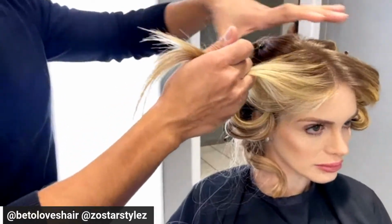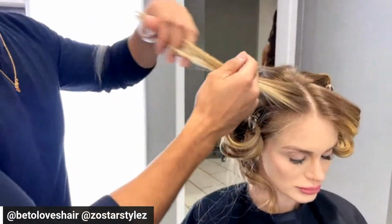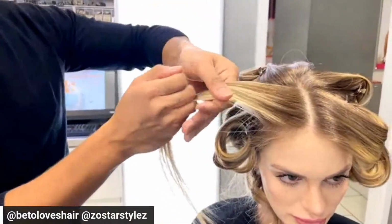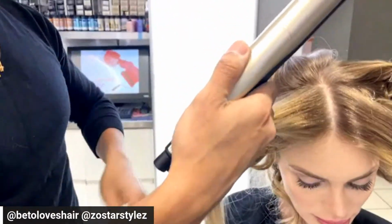That way you will avoid having a lot of fullness in the back, but then nothing in the front. You want to make sure that all of those layers that you created are going to be able to bounce and have a lot of volume in the front. Now that is the section with the bottom, but when I go towards the face,